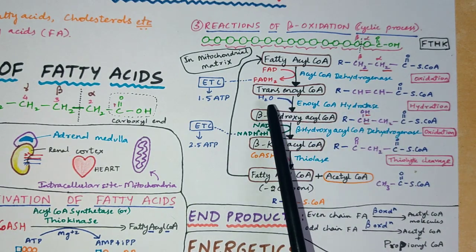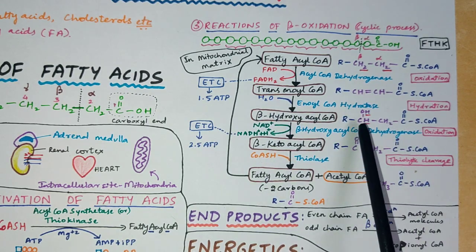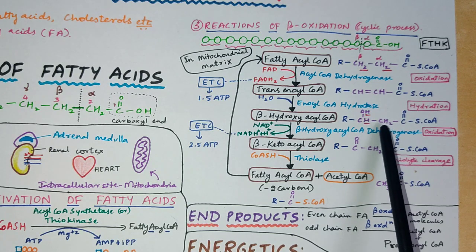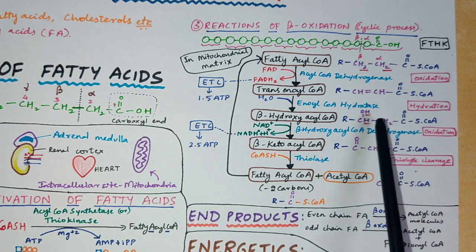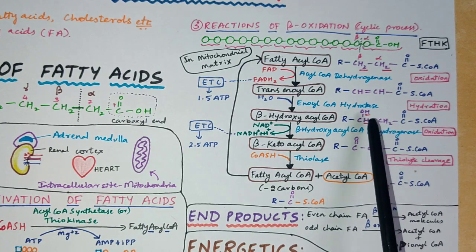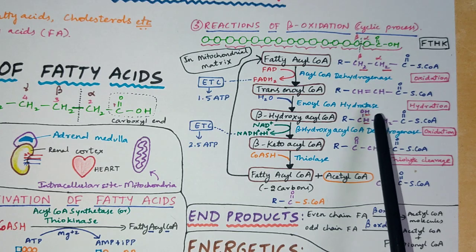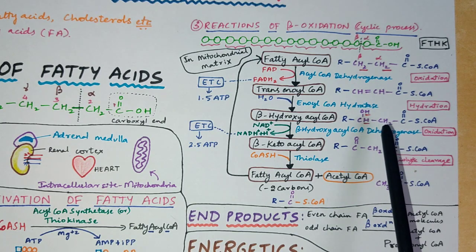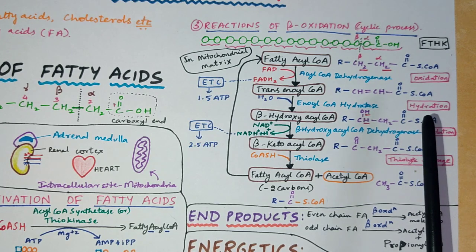At that time, H2O splits into OH and H and attaches to the alpha and beta carbon. Hydrogen attaches to alpha carbon, OH group attaches to beta carbon. Now we can see more hydrogen again in the structure. What we'll do is, we'll again snatch 2 hydrogens from this structure, and at that time this structure will say, okay, take, I have more hydrogens, you keep.